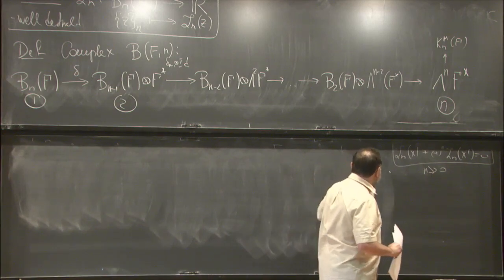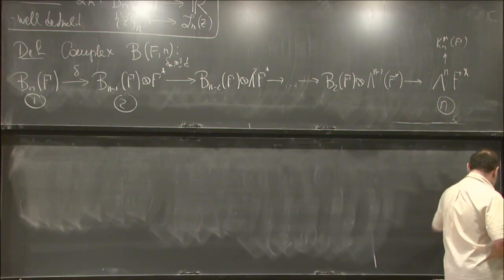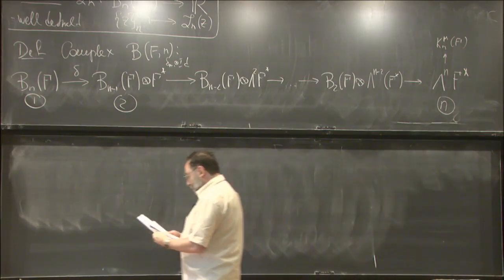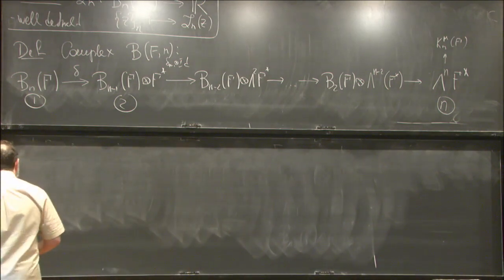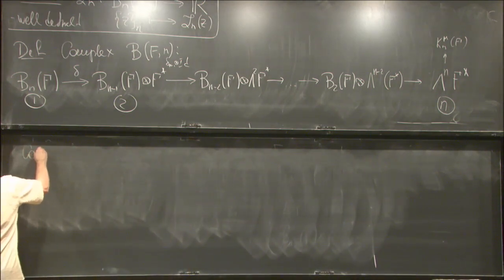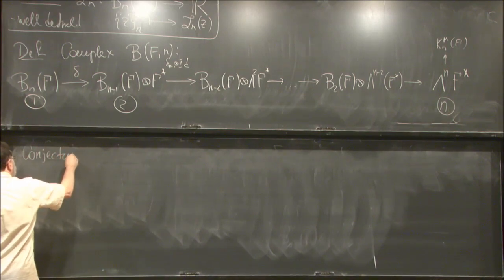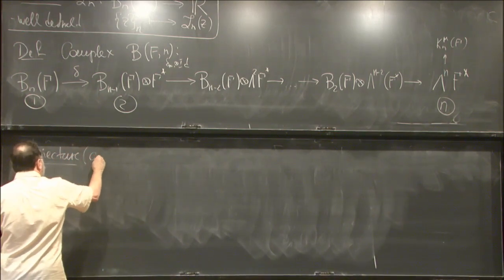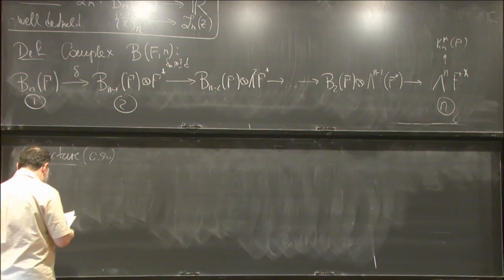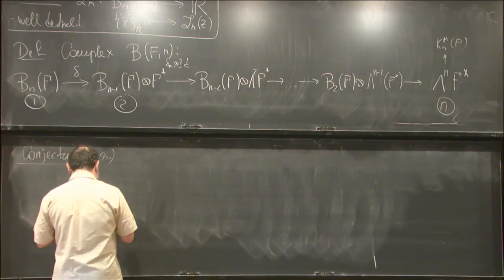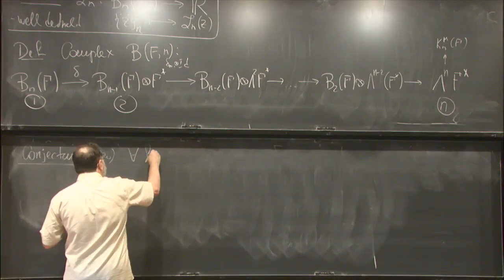I mean, it's a kind of failed attempt to construct a resolution. So the main conjecture, the first main conjecture about this. And again, this is the old conjectures from a little less than 30 years ago. But it says that for any field F,